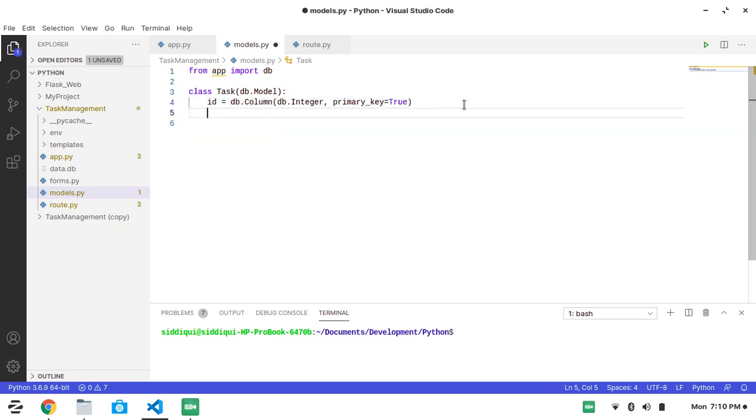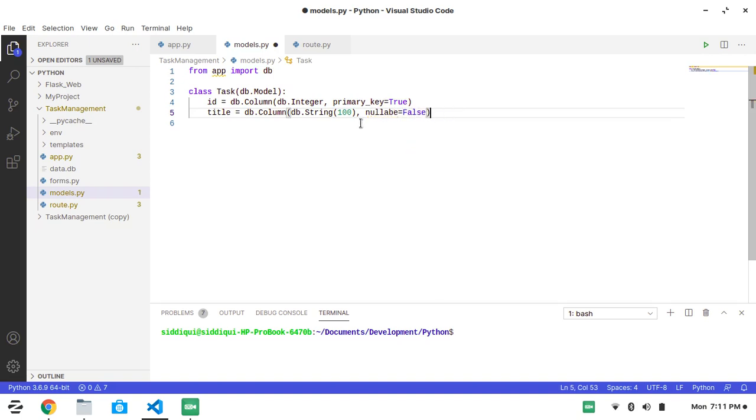Then I will create another field, title, and again db.Column, and this time I will use the String data type with length 100, and set nullable equals False.